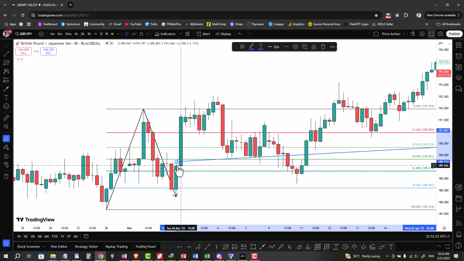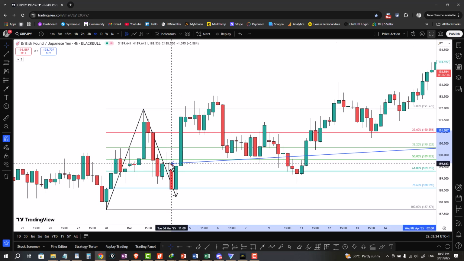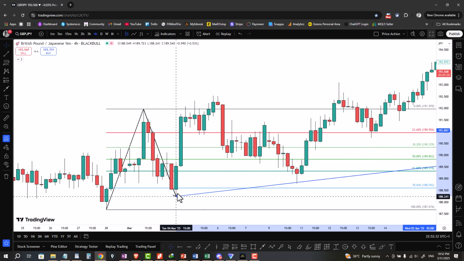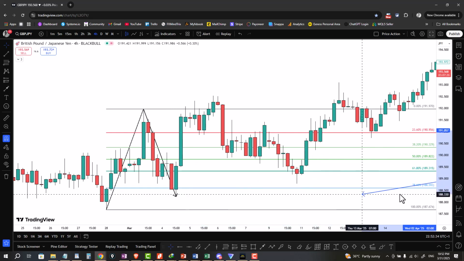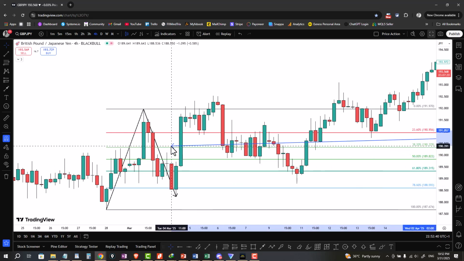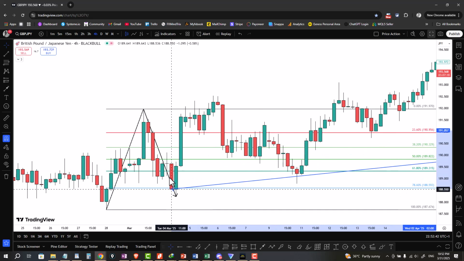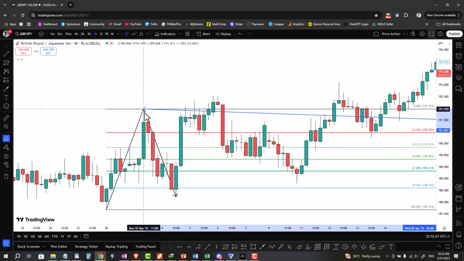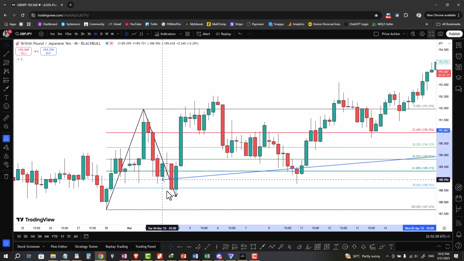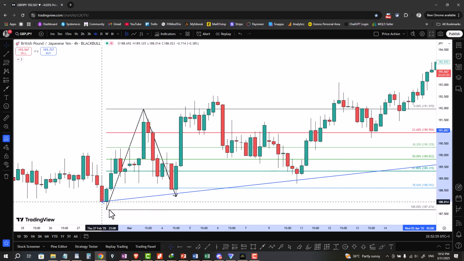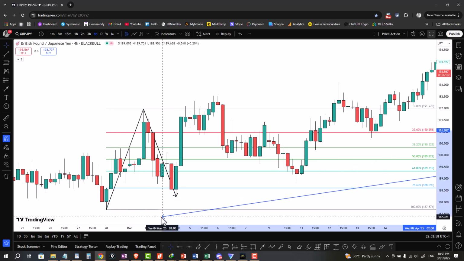So you can see that this is showing us that it looks like the bulls are not that strong anymore. And then we had this strong move to the downside. But immediately after that, price got rejected at this 78.6 Fibonacci retracement level, and this is a very deep retracement. So what is this telling us? This is telling us that even though we have a bullish move, because this is an impulsive wave, and price is forming what appears to be a higher low, because it couldn't just come here to break below this low and continue moving down,